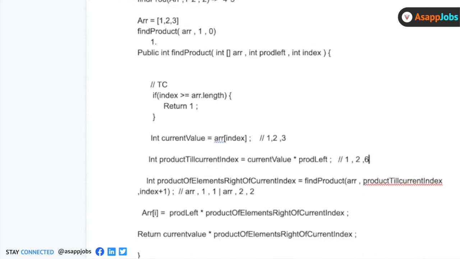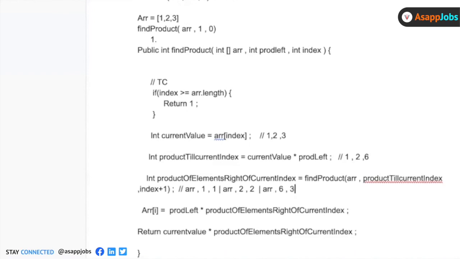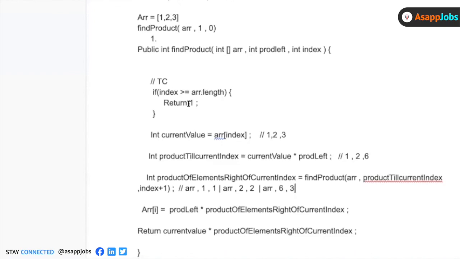And here the value that again gets passed will be the array, and then its value should be 6, because the product is 6, and then the index it gets here should be 3, and then it again goes here, and it comes here, and then it returns 1. So here the value of the product left will be 6, and the index is 3.